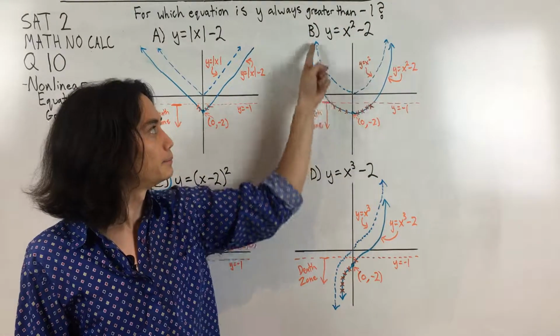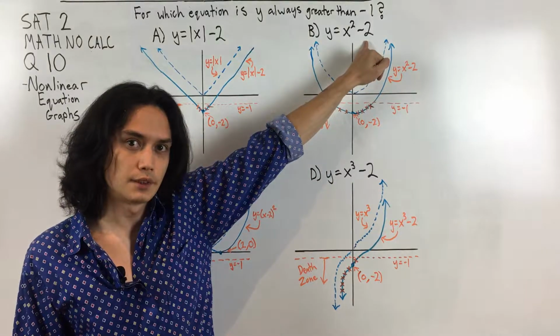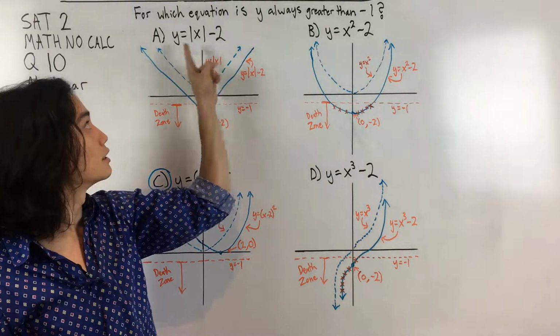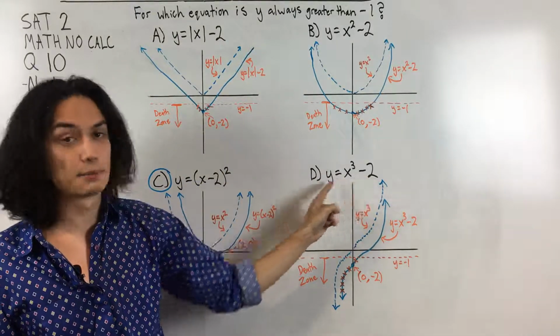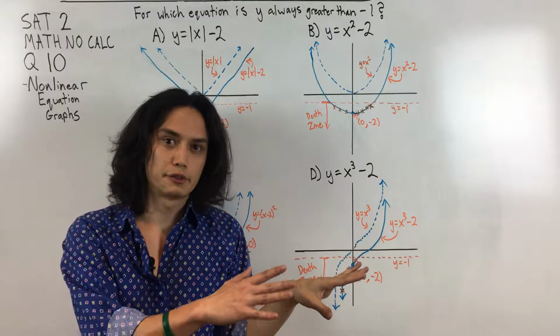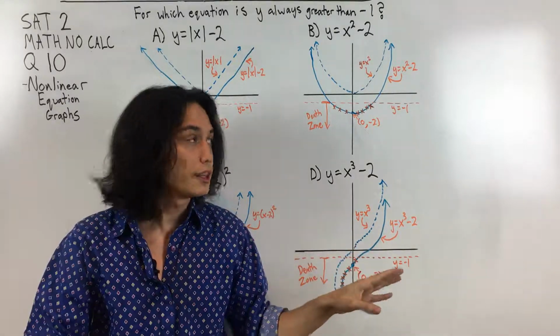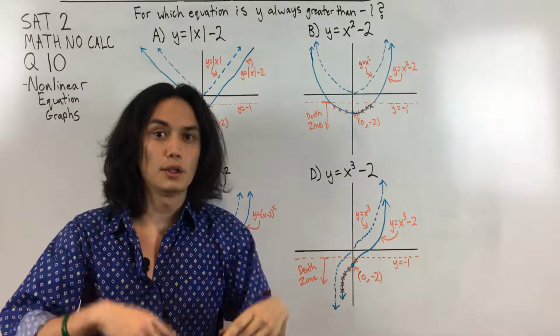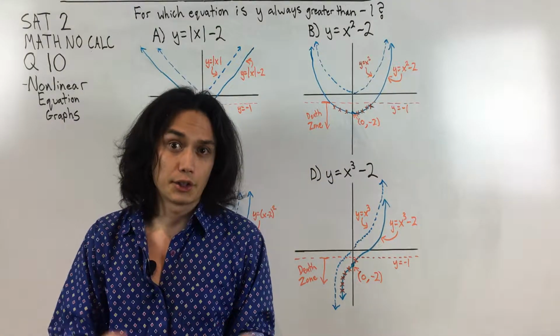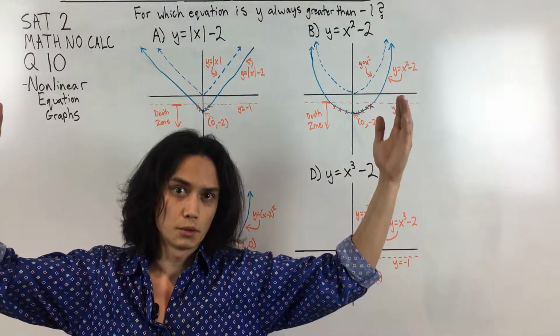It's a parabola. What this negative 2 does to the parabola, and spoiler alert, this is the same thing that's going to be happening in D, is this negative 2 says, do all your stuff. Do the x squared stuff, do all your stuff, and then at the end of all of that, take that and subtract 2, and that's going to be our new graph. The net effect that it has is going to take that parabola and move it down 2, just like answer